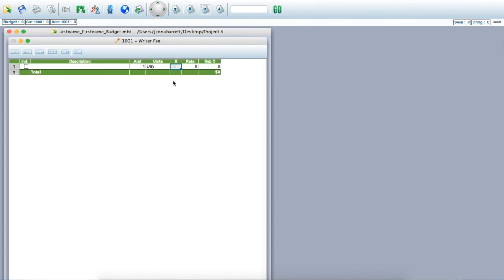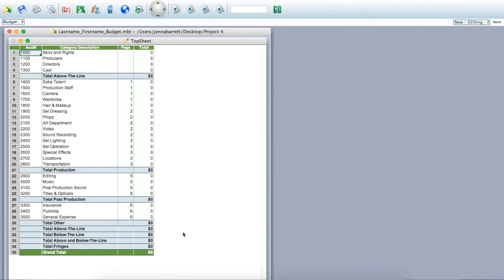I'm going to change it back to 1 for now and get rid of this, because those aren't the right numbers for this writer fee. Okay, so let me give you some examples of how to transfer information from the example rate sheet